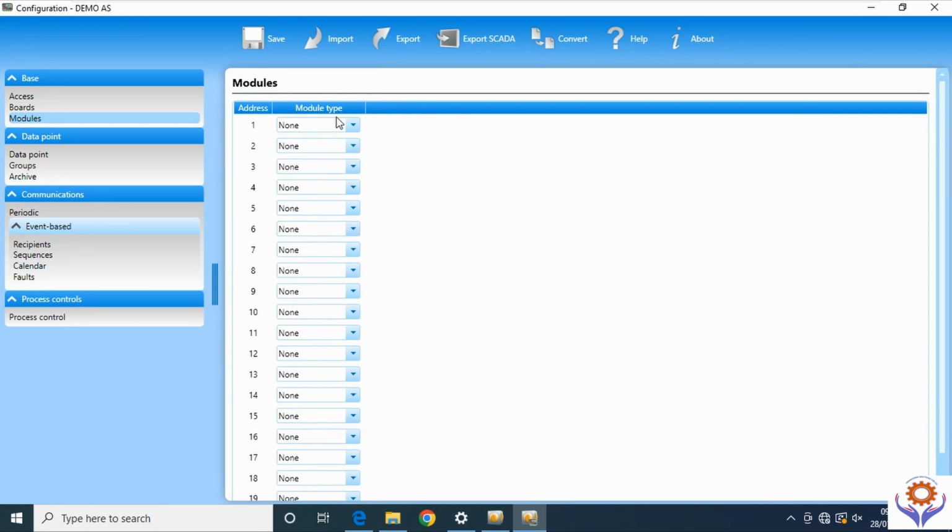For example, I will add one now for testing. Okay, and now we completed the base part. Now we are going to the next part called data point. Here you have data points, groups and archive. Okay, and from here if you click the data points, you can find